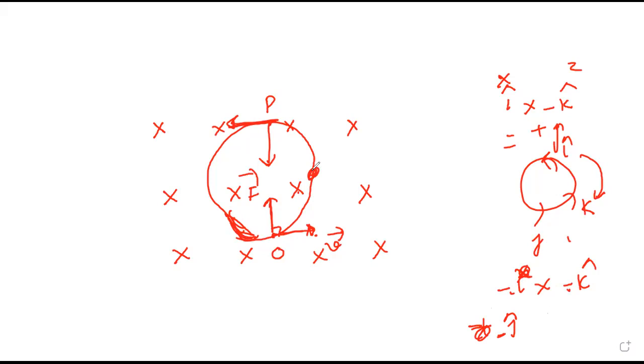If I consider a point here, the velocity is upward. Upward means along J cap, cross minus K cap. J cross K is nothing but I, so it will be minus I. That means this will be the force. So if you join this,